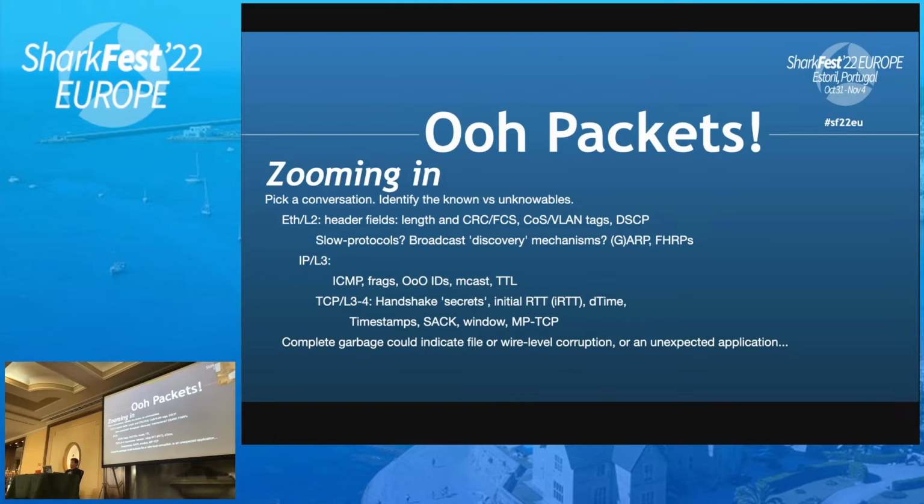Things like VLAN tags can be quite interesting when you dig into the details of what VLAN tags get used for. They can be used for pushing class of service information instead of VLAN data. And similarly, DSCP is something that I've overlooked numerous times in the past when troubleshooting things like link loss issues. Well, it turns out QoS was the cause of the problem. DSCP markings make a difference. But I'm not going to look at too many of those today either. The slow protocols, as they're defined, I think are actually extremely interesting, especially broadcast and discovery type protocols. LLDP is a trove if you should find it, and I think FHRPs are actually also quite interesting, first hop